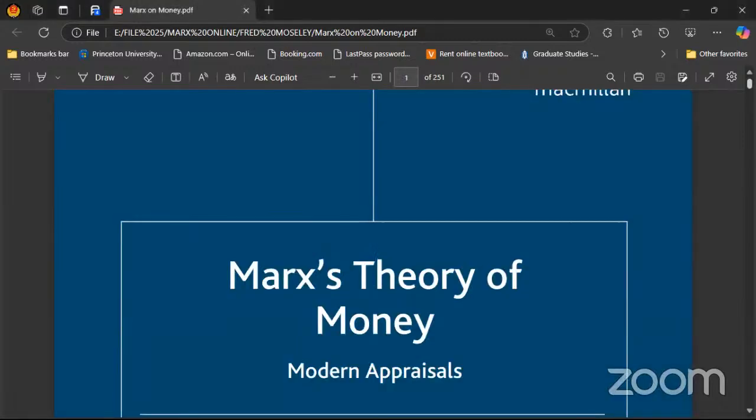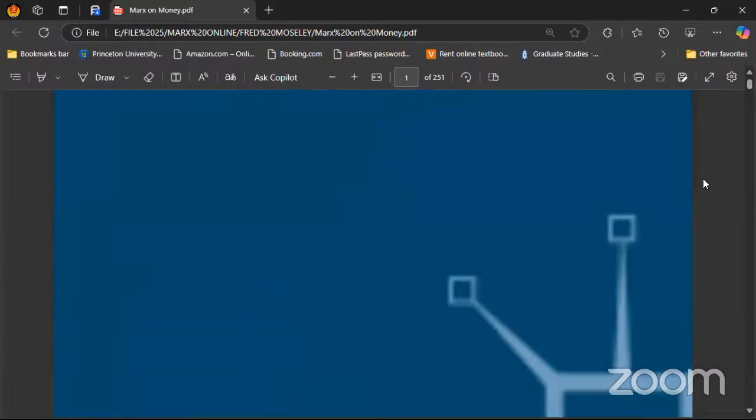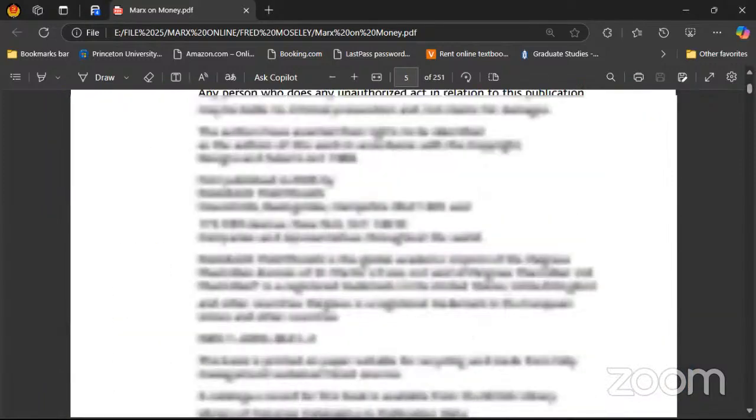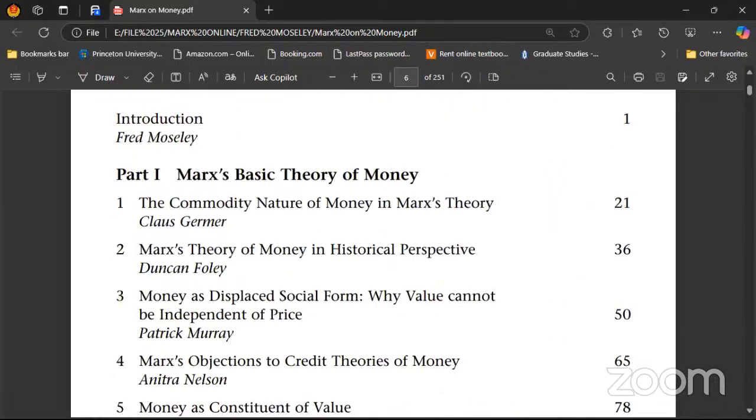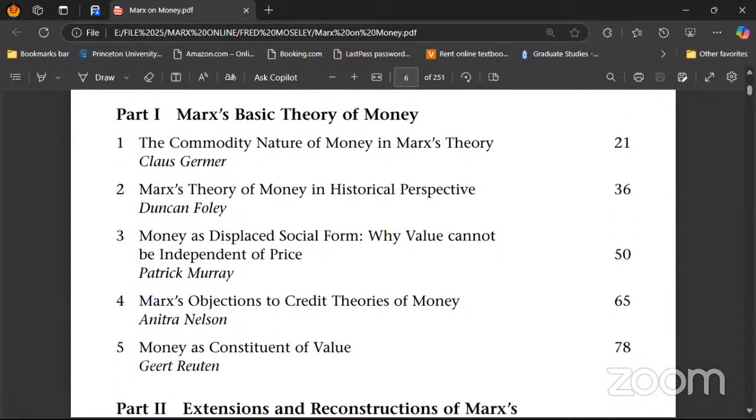It's from Modern Appraisals of Marx's Theories of Money, edited by Fred Mosley. The chapter we are looking at is number 2, Marx's Theory of Money in Historical Perspective by Duncan Foley. And there are other really interesting chapters in here worth considering, kind of the major lights of the current issues about Marx and money. A worthy read, and I can't remember whether I uploaded it. I think it may be too large to upload for some reason, or maybe I did upload it. Well, anyway,